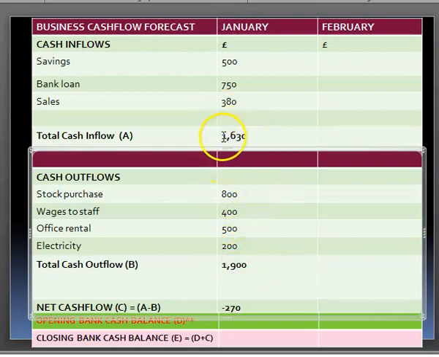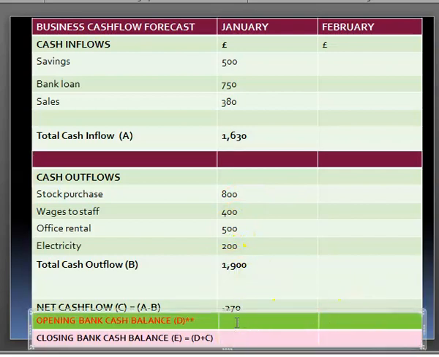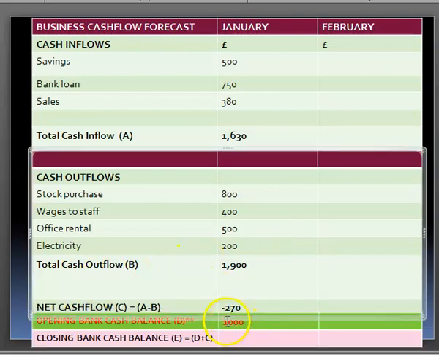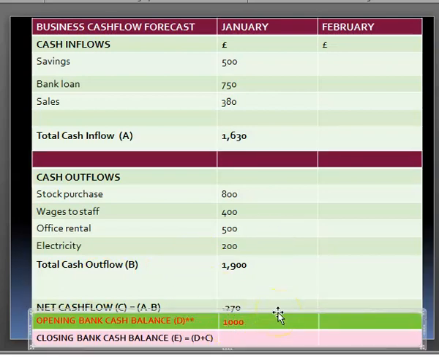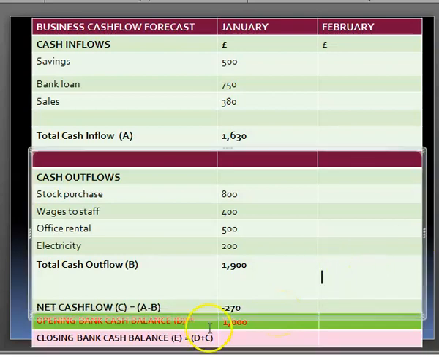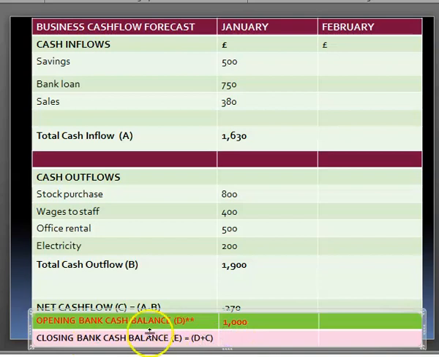You can see they only receive 1,630, but they're going to be spending 1,900. Now we need to calculate the next section, which is the opening bank cash balance. Remember, the scenario says they have cash at bank for £1,000. Put the £1,000 there. Now they've got £1,000 here, so we have to calculate the closing